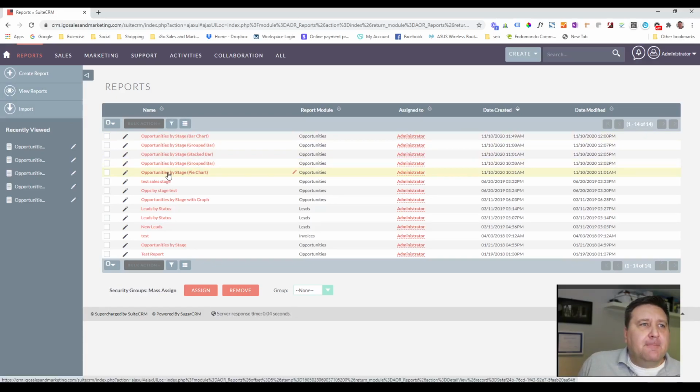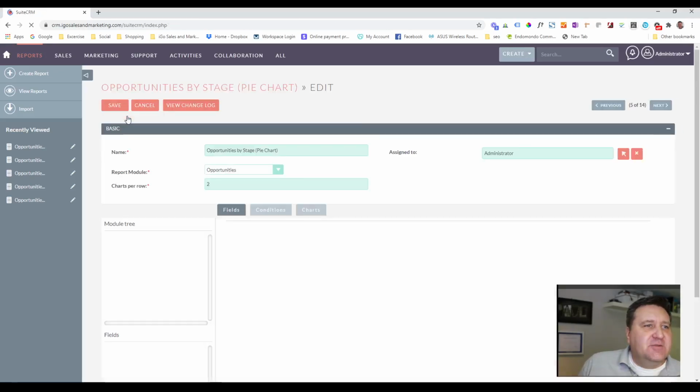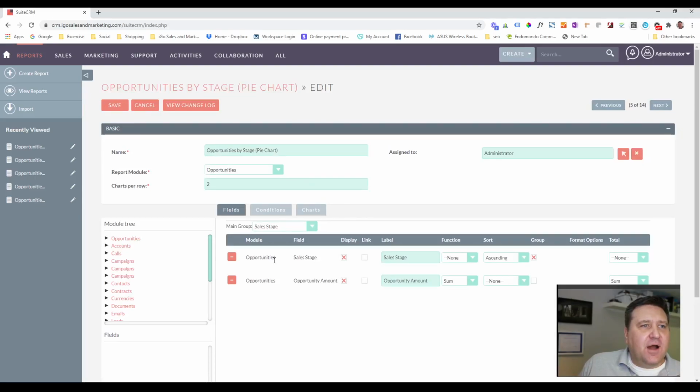The pie chart, again, at first thought might be difficult or easy to put together, and it requires a little bit of finessing, just the same way I did in the simple bar chart. You can only have 2 variables. If you have any more than 2 variables, it messes it all up, okay? So here's what I want to graph here. I want the sales stage and the opportunity amount. That's it. Any of these 2D graphs, whether line charts, bar charts or